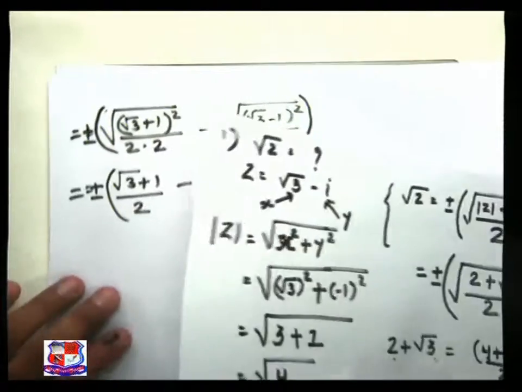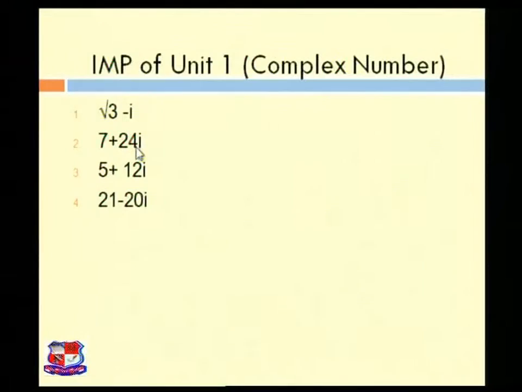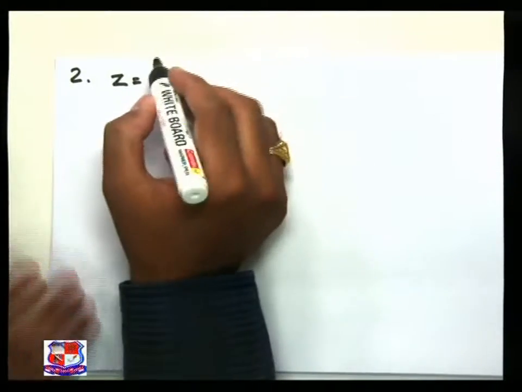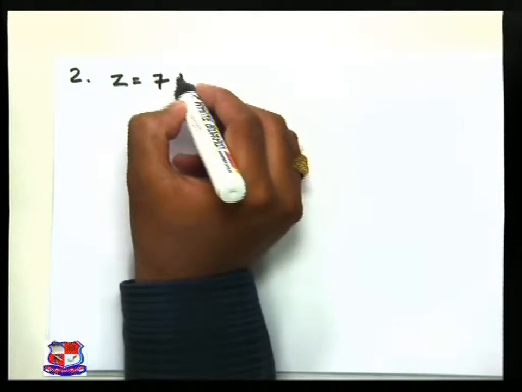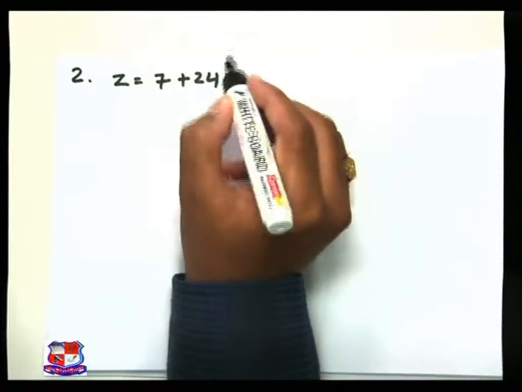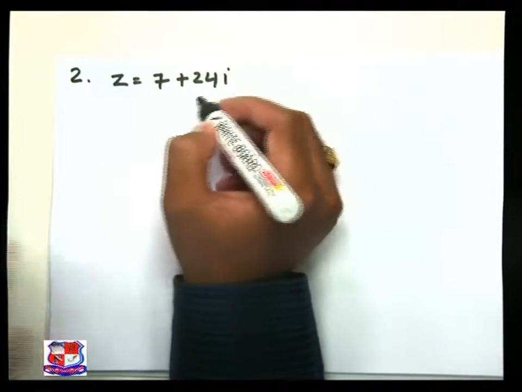Now we want to move to our next question, that is 7 plus 24I. So we write down our second question: Z is equal to 7 plus 24I. Now again we want to find out under root of Z,